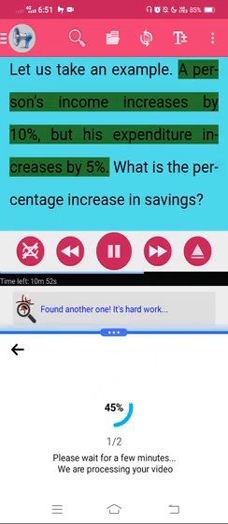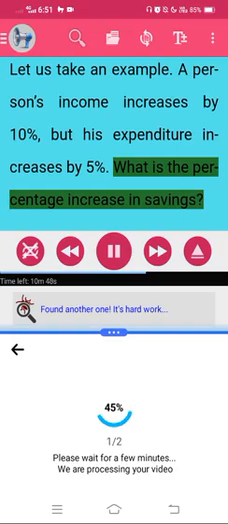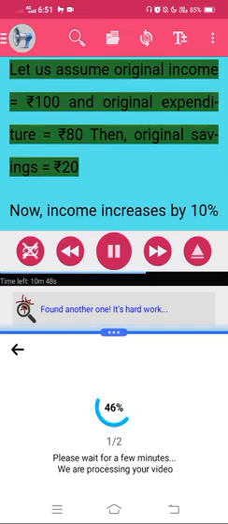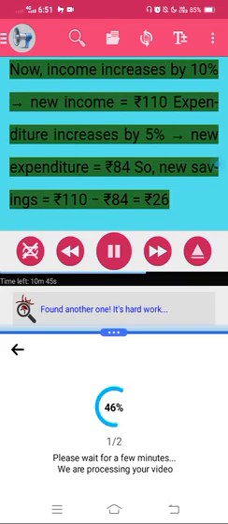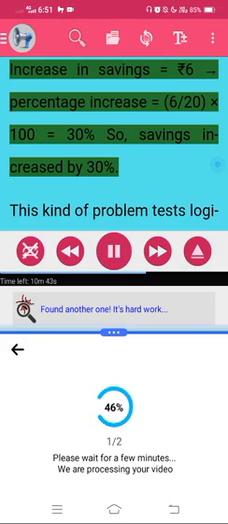A person's income increases by 10%, but his expenditure increases by 5%. What is the percentage increase in savings? Let us assume original income equals 100 rupees and original expenditure equals 80 rupees, then original savings equals 20 rupees. Now, income increases by 10%, so new income equals 110 rupees; expenditure increases by 5%, so new expenditure equals 84 rupees; so new savings equals 110 rupees minus 84 rupees equals 26 rupees. Increase in savings equals 6 rupees, so percentage increase equals 6/20 times 100 equals 30%. So savings increased by